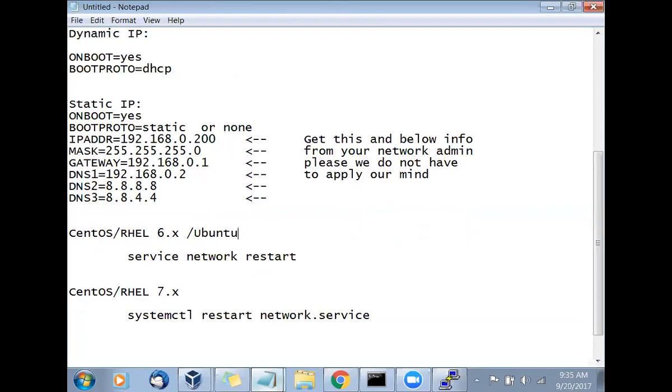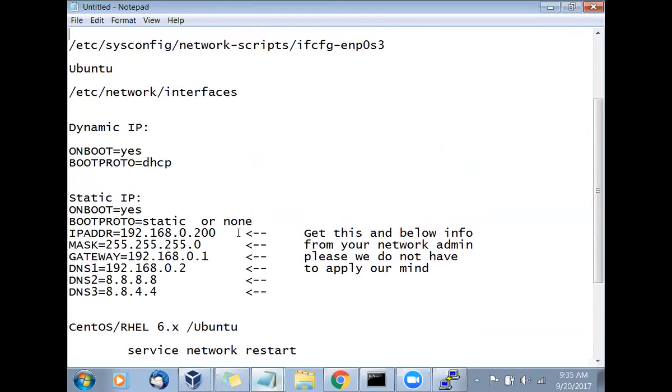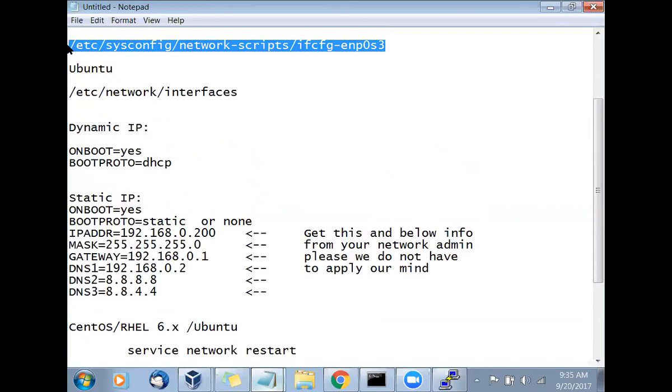This is very, very important. This file is very, very important. Which file? I will go up and say, go with this file if you are using version 7. This is a very important file as far as the network is concerned. Is it clear? But in real time, we have to talk to the network admin and get those details.